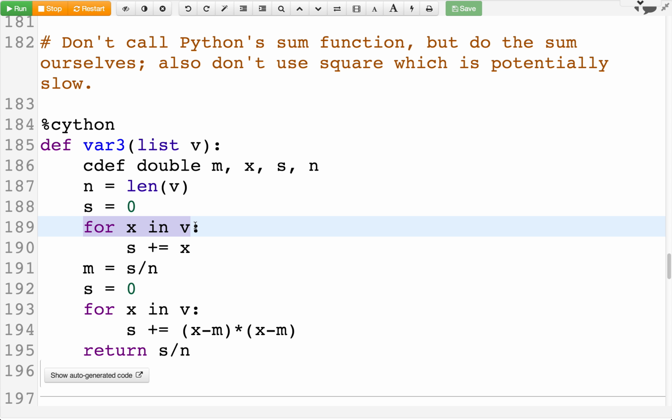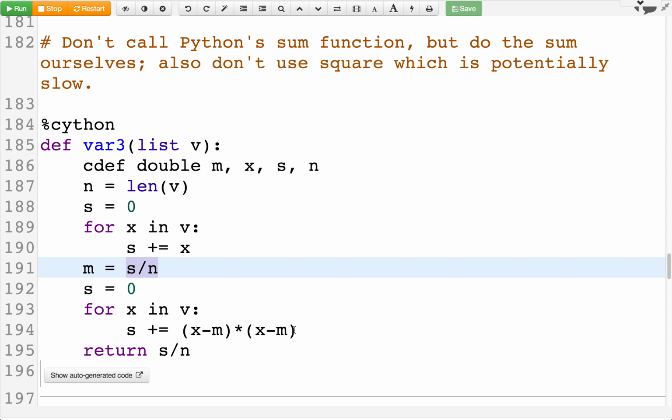So at least the plus right here is just going to be a single line of C code. There's not going to be any error checking. There's no Python involved at all. s is a double, x is a double. It adds it in. So that's going to be a big savings. And that division is just straight C because n is a double and s is a double. So basically every point here in which arithmetic happens is just addition, multiplication, or division of C-level objects, which is super, super fast in the computer. Whereas when you do addition with Python objects, it has to figure out what the add even means, and might have to do some complicated method resolution and stuff to figure out how to add two things.